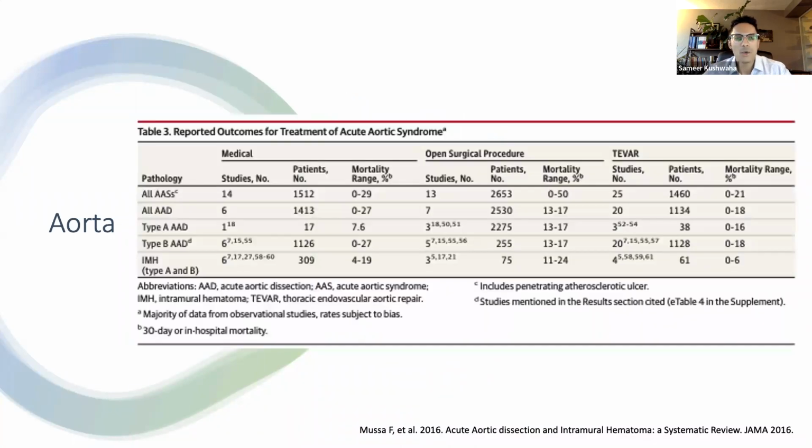Aortic dissections and acute aortic syndromes are imminently life-threatening, and many people who unfortunately have this happen will die at the scene or before they reach the hospital. And so in those who do reach hospital, rapid identification and treatment is crucial. The mortality data is highly variable depending on the center and depending on the circumstances under which the acute aortic syndrome was diagnosed. And it really depends on time from symptom onset until they receive treatment and the type of treatment that's received, whether it be medical treatment, surgical treatment, or a TEVAR or an endovascular procedure to fix the dissection.